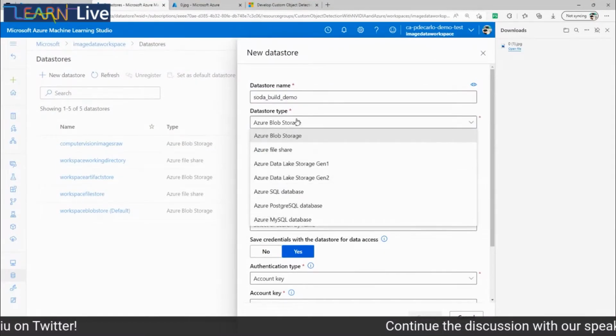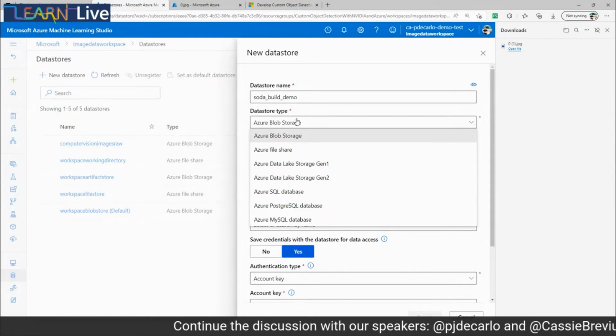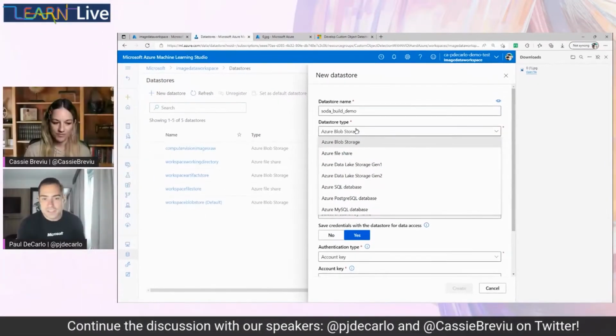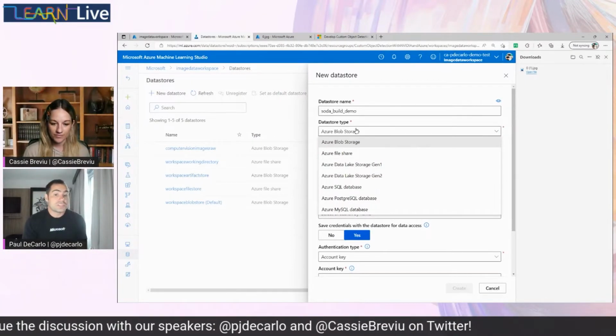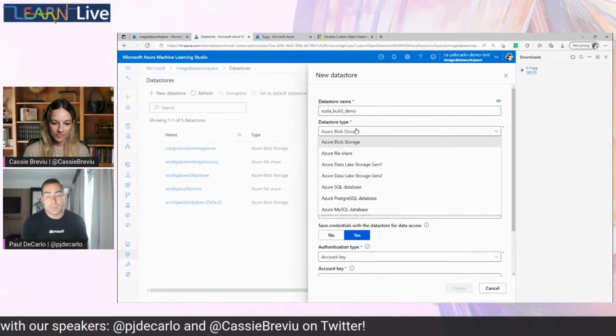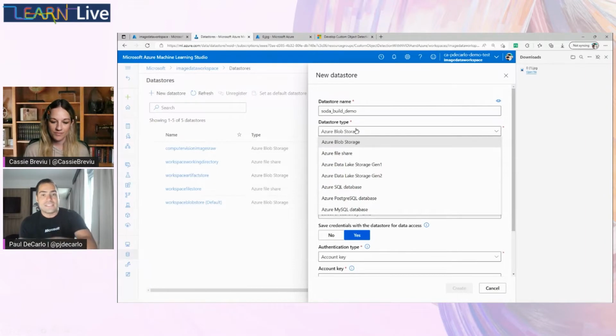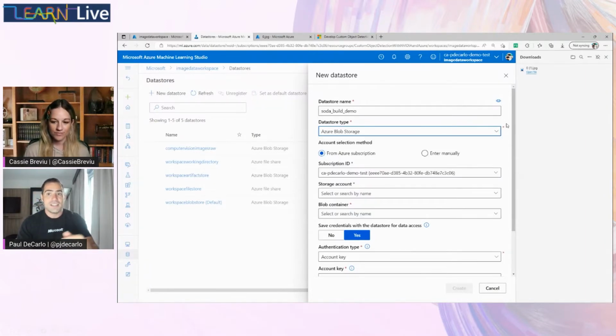And you'll notice a lot of the resources in Azure are already available here. So for example, if I want to use an Azure file share, or maybe Azure Data Lake Storage Gen 1 or Gen 2, or SQL database, PostgreSQL, or MySQL, those are all valid candidates to use as a data store, which is awesome because those are secure resources in Microsoft Azure. So your data is secure, and you're now able to serve it into this application